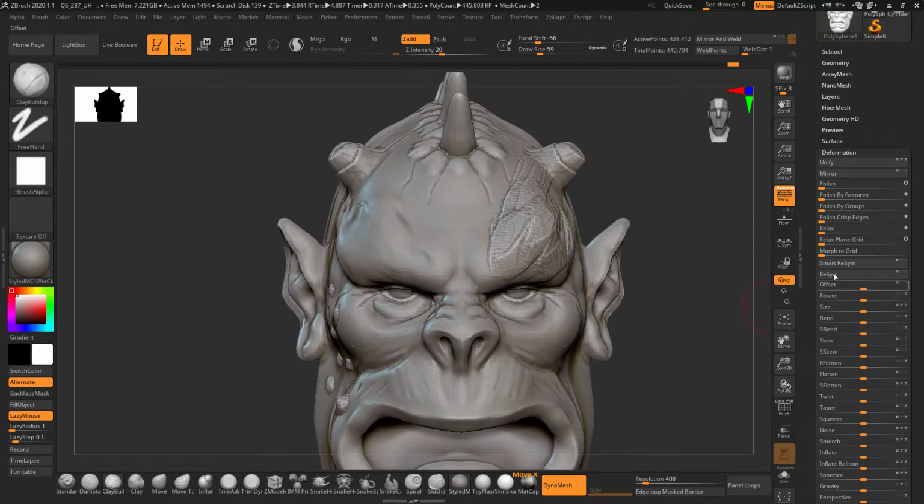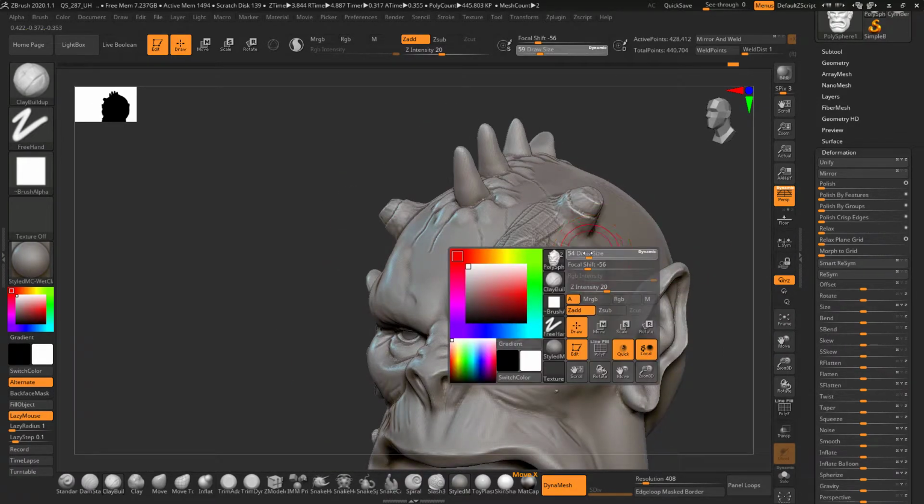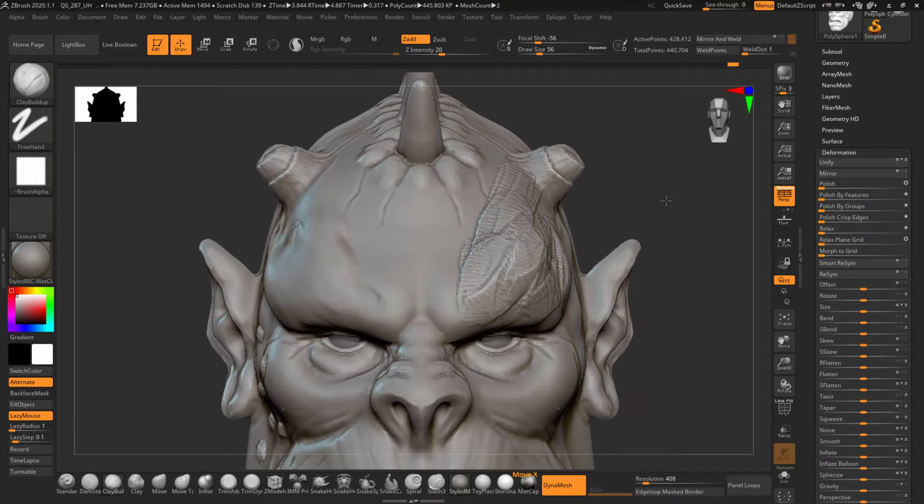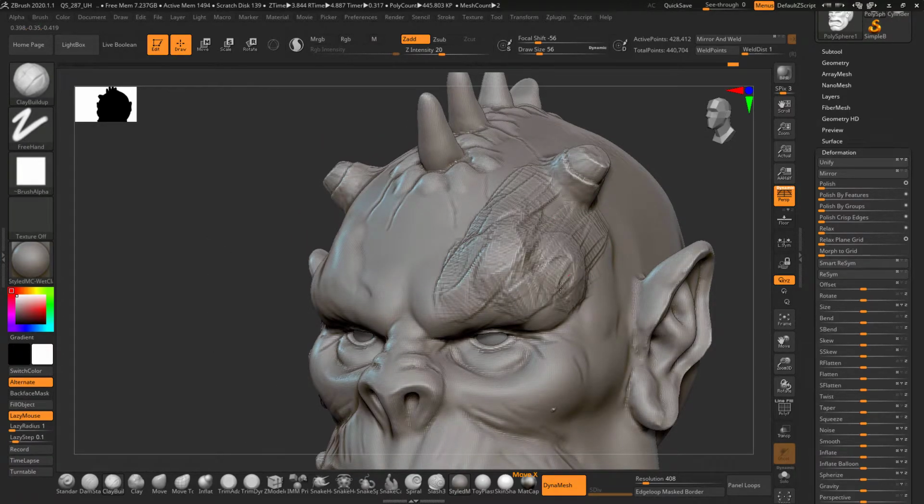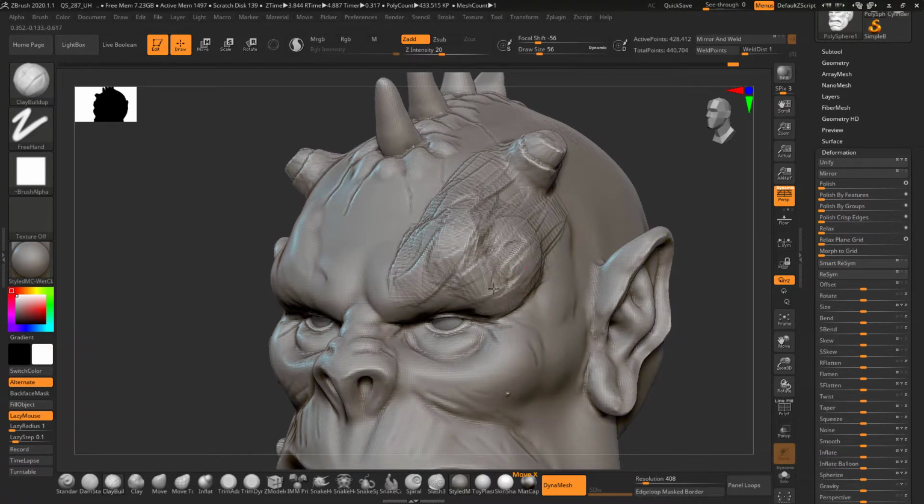Now this is a very important tool. So basically, sometimes, as you notice, I have added the information on one side, but this information is not reflected on the other side.